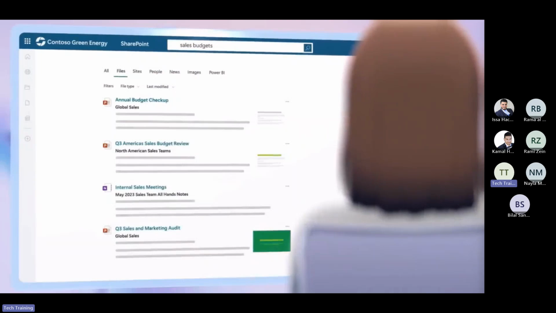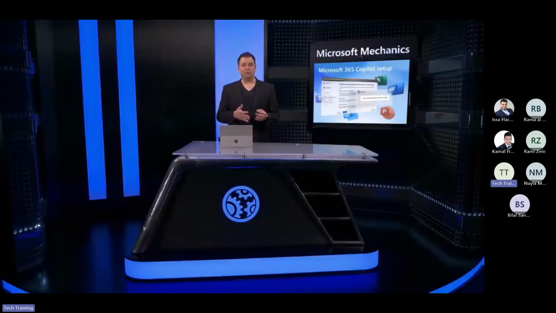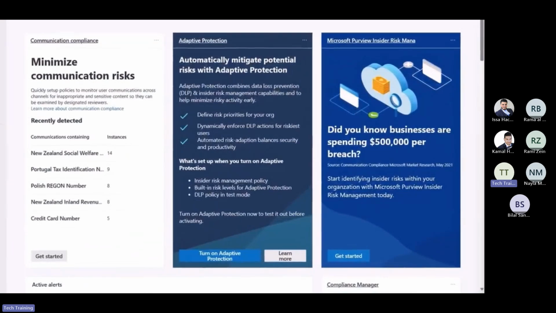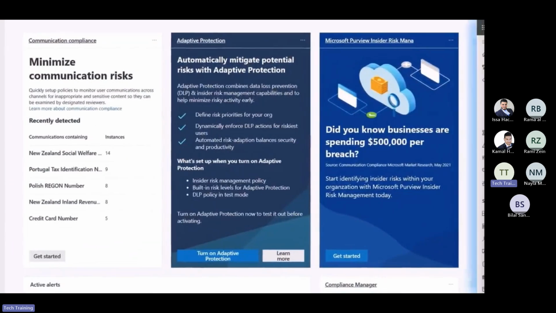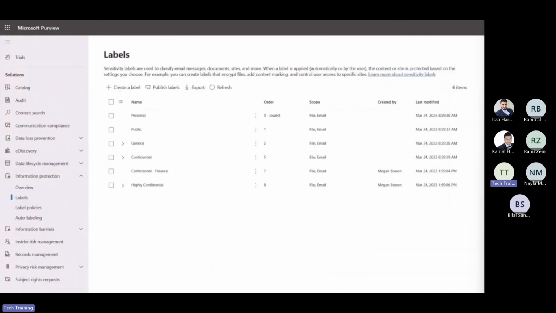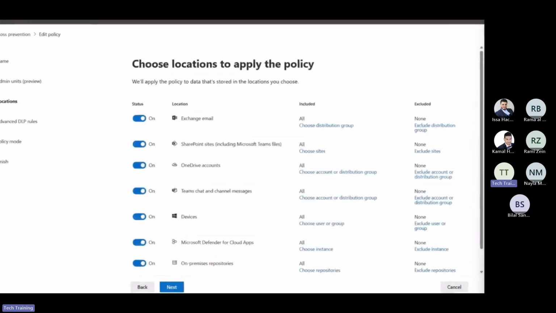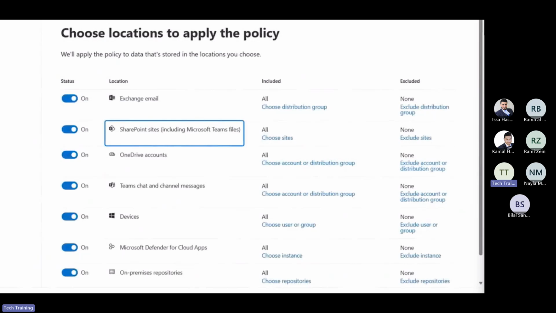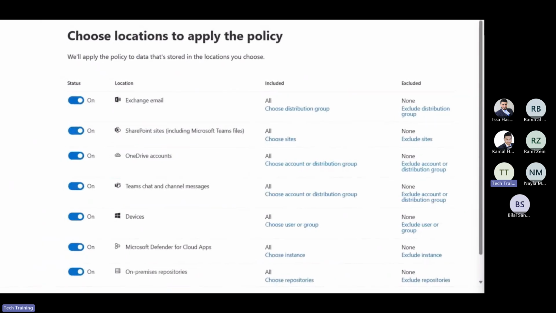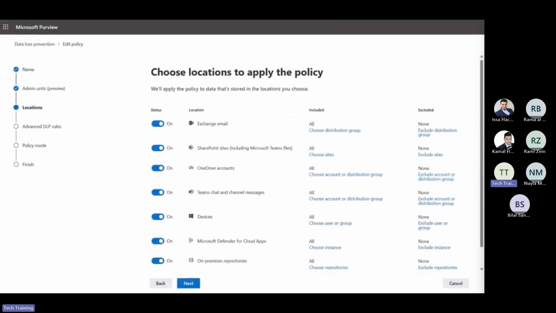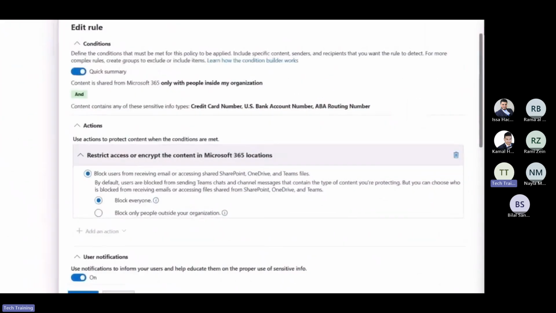If you have concerns that your internal information is currently overshared and most people within your organization may have too much access to sensitive information, let's dive deep on the things that you can do to address this. First, at the file level, Microsoft Purview's information protection, along with its data classification controls, integrated content labeling, and corresponding data loss prevention policies, can help you identify files in Microsoft Teams, in SharePoint sites, as well as OneDrive locations, and within email, and even in chat conversations, either containing sensitive information or classified content, then automatically apply controls to